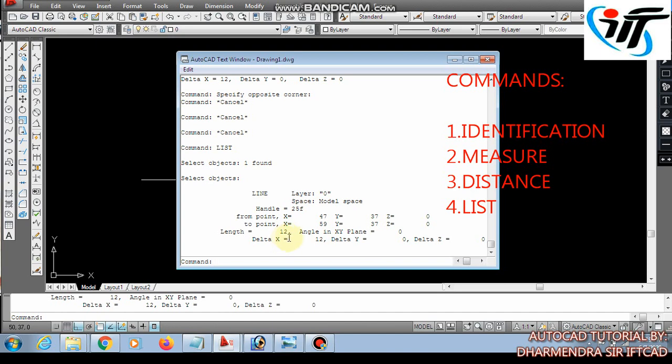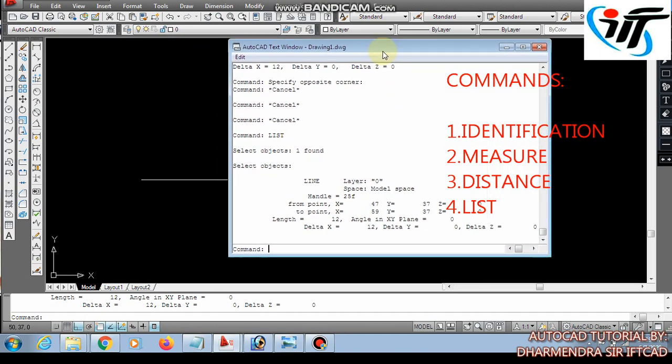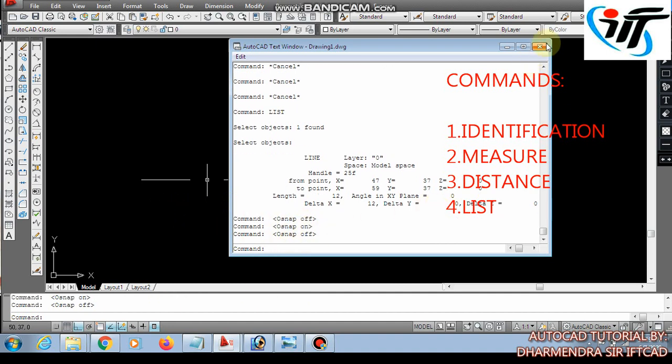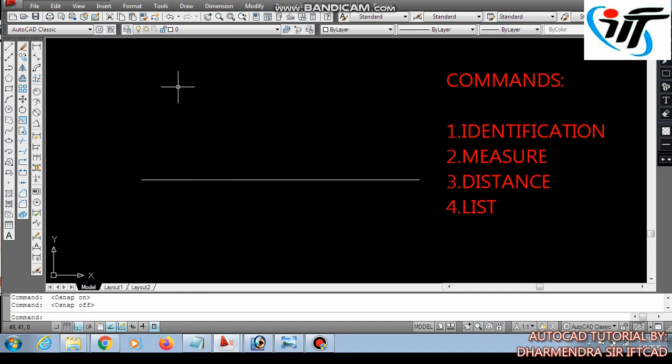The length is 12 mm. This way we can get the information of the drawn object in a notepad window. We can toggle by clicking on the notepad window as well as the object.